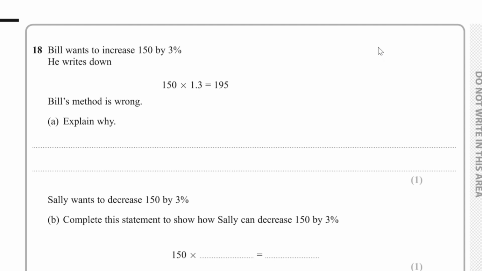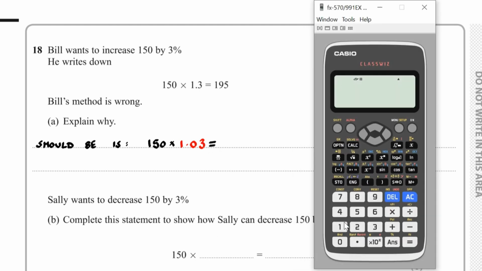Question number 18. Bill wants to increase 150 by 3%. He writes down 150 times 1.3 is equal to 195. Bill's method is wrong. We have to explain why. Well, what it should be is 150 multiplied by 1.03. Our multiplier will be 1.03. And if we work this out, we get